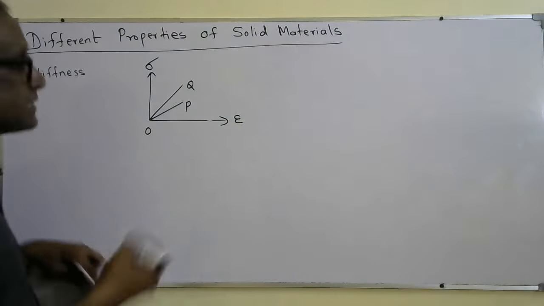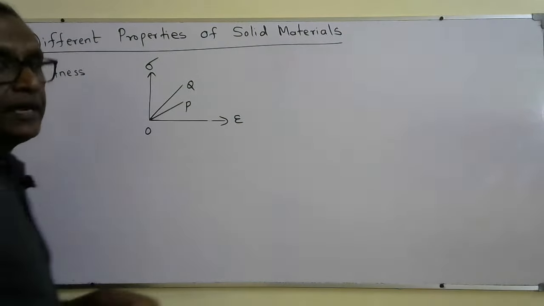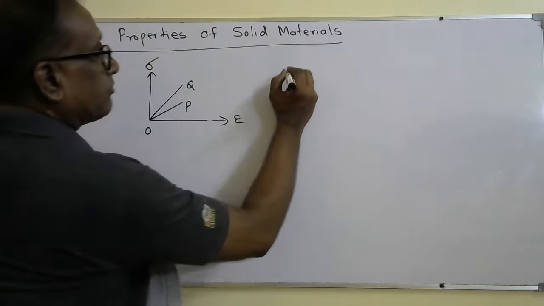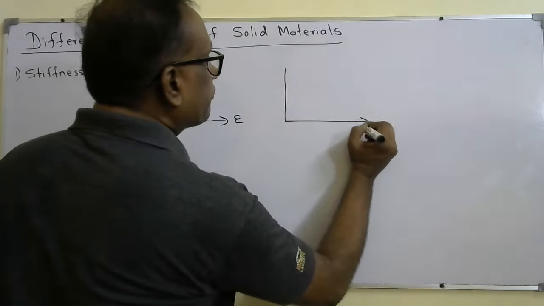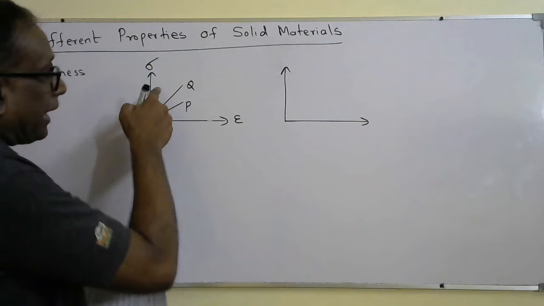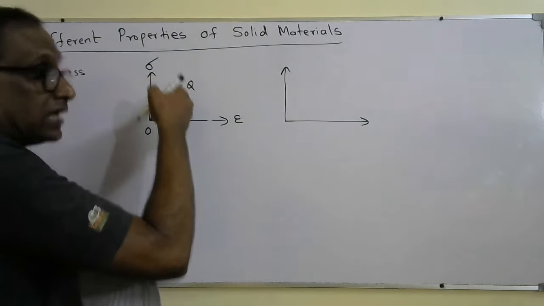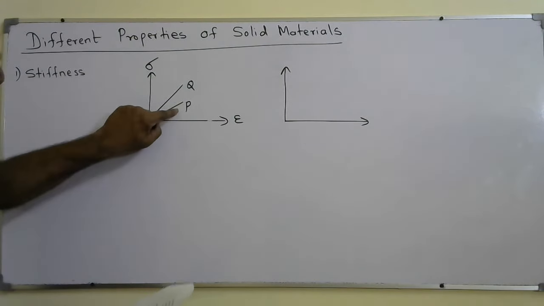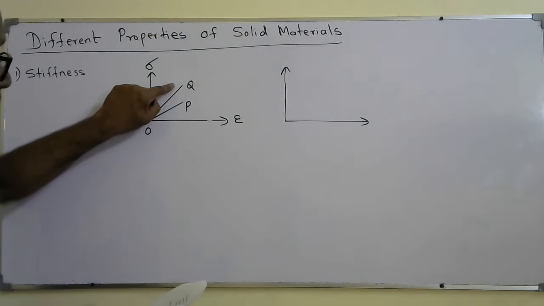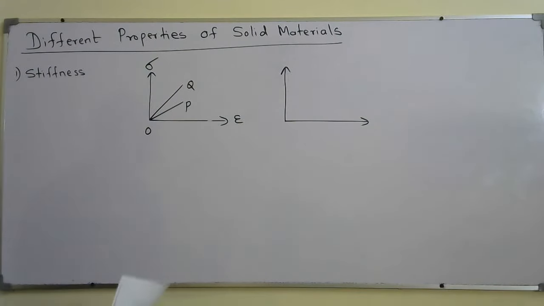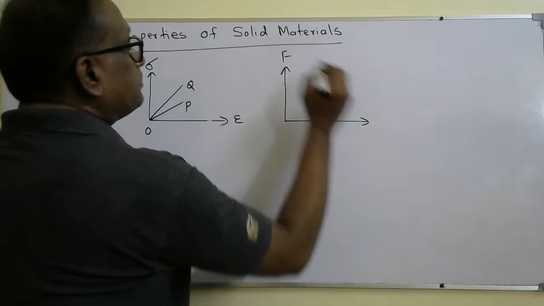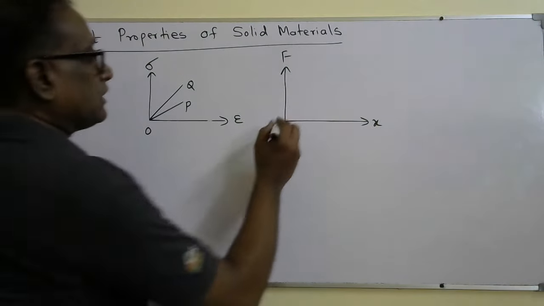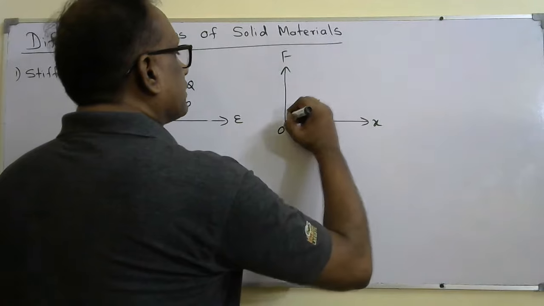Same way, if you consider two different objects made of the same material or different material, better use the force extension graph. If you are comparing the stiffness of two different materials, they are made of different materials. So Q, P, material Q is stiffer than P because it has greater gradient. But you might have two different objects made of the same material or different material. There you should compare the force extension graph, the object which has greater